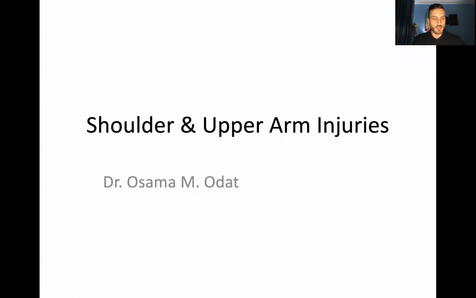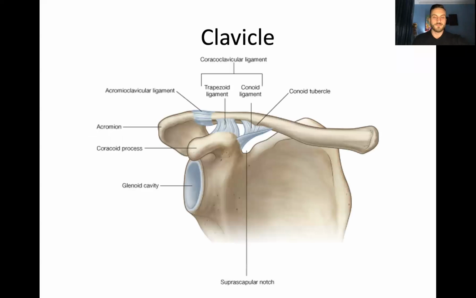So today we will be starting with trauma. And in the trauma, we will start with the upper limb, shoulder, and the upper arm injuries. We will start with the clavicle. And as you all know by anatomy, you can see here the scapula, and it's articulating with the clavicle. So the joint is called Acromioclavicular Joint, and we have some ligaments here in the